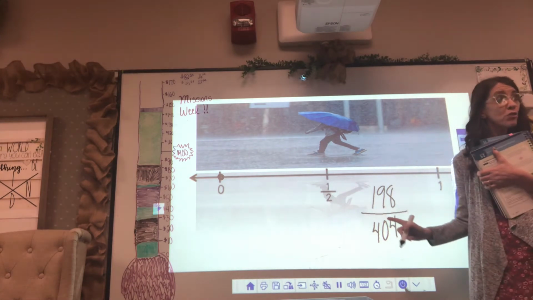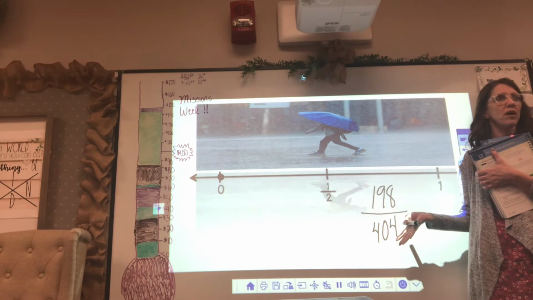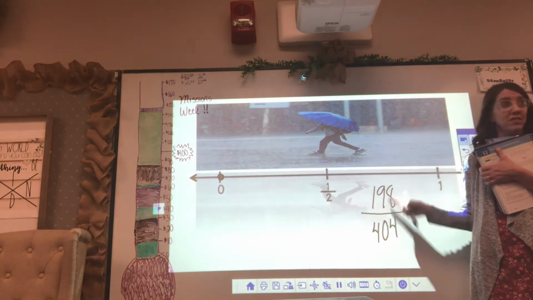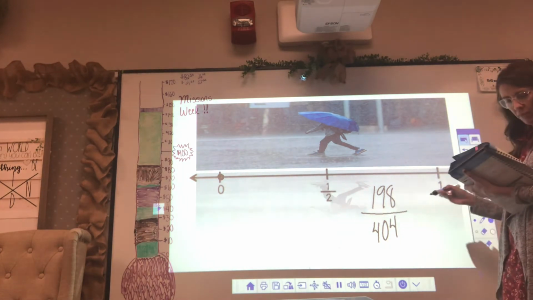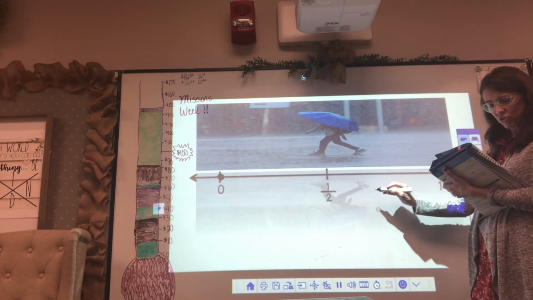You know what you could also use here is compatible numbers. These are really wonky numbers. We don't like wonky numbers unless we're going to do all that computation. This is about 200, this is about 400, that's about halfway. Let me give you one more, and then we're going to move on to the second part of our lesson. How about